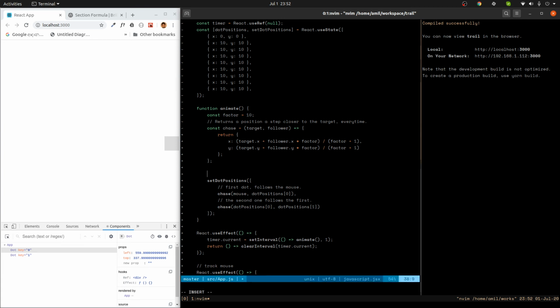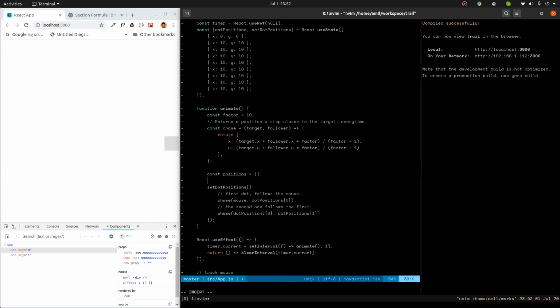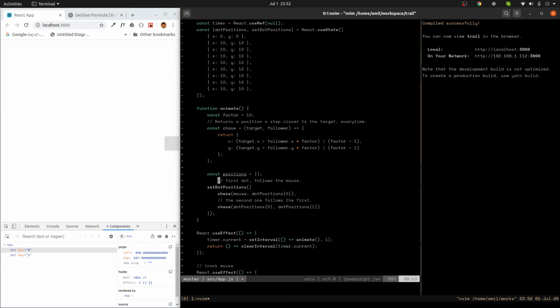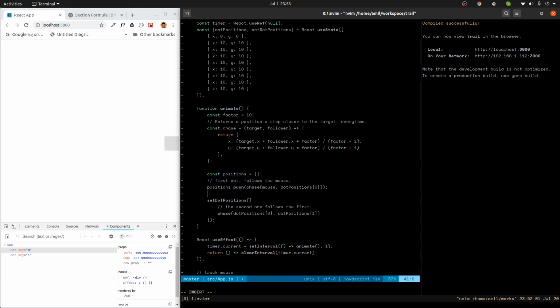So this is what I'm going to do. Const positions is equivalent to an empty array, and I need to get the first one to follow the mouse, right? And what I should do is dot push. So the first one is just being pushed, and for everything else